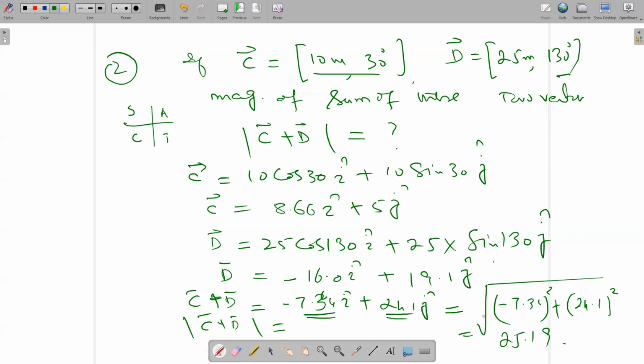Doctor, I have a question. Yes. Why did we put minus in the cosine 30 value? It is not cosine 30, it is cosine 130. So 130 means the angle is here, because it is greater than 90 but less than 180. So in the second quadrant, the cosine value is negative. If you find the value of cos 130 with the help of the calculator, it will give you the negative value. You can see and check.